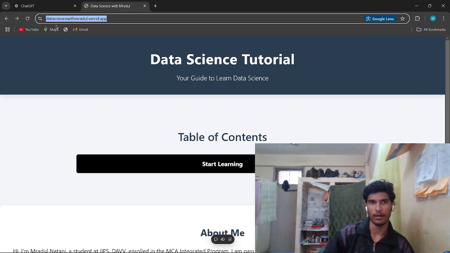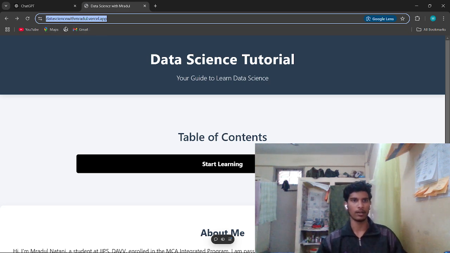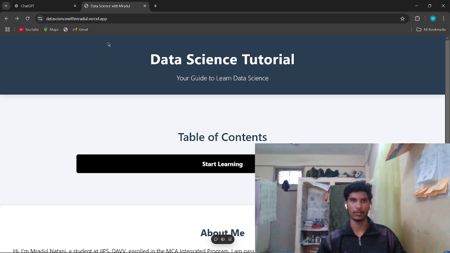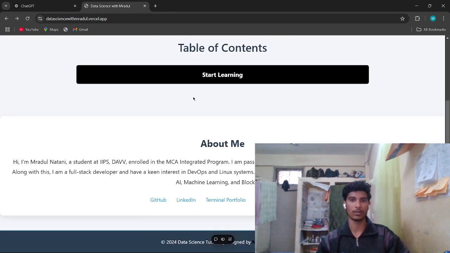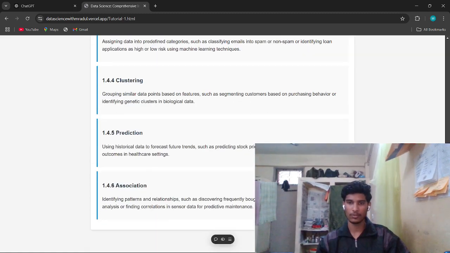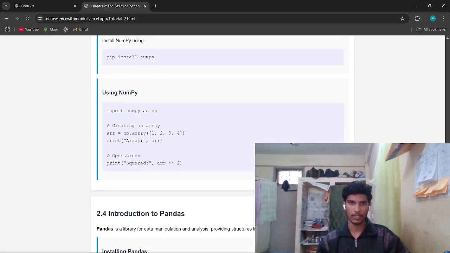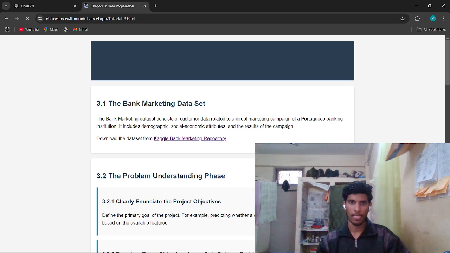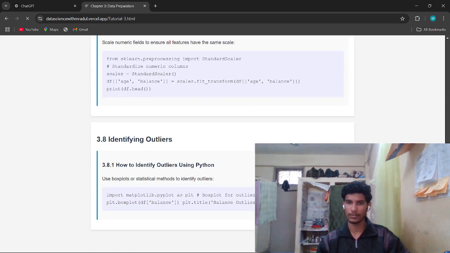As far as we have done, we are referencing one of my websites, on which I have written my documentation for the data science tutorial, which is datasciencewithmradul.versal.app. We were done with our first milestone, also with our second milestone, with our third milestone,